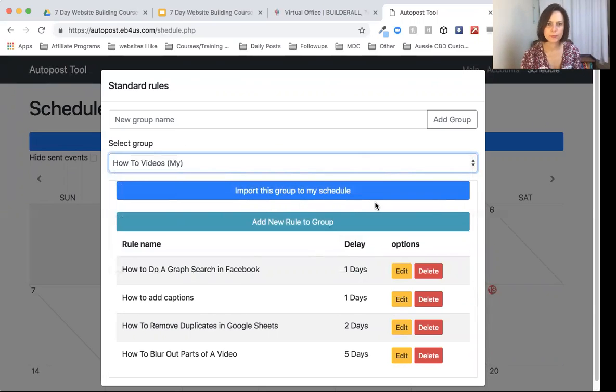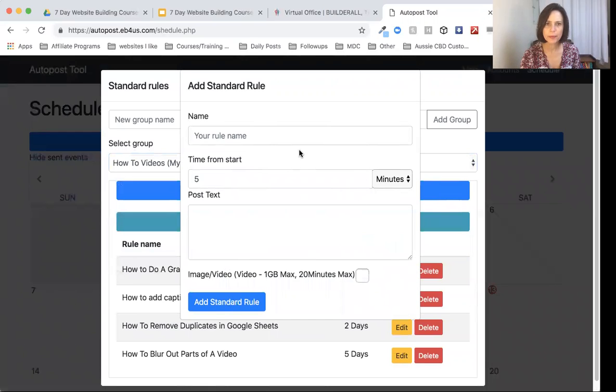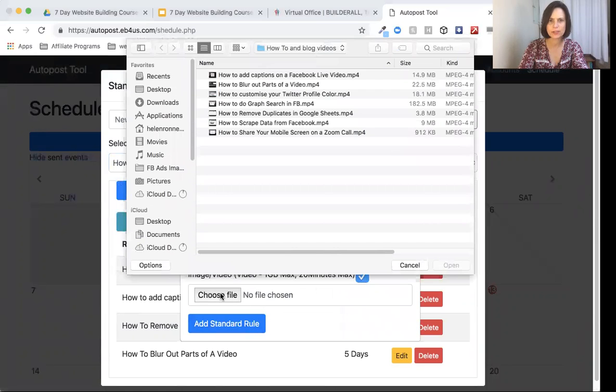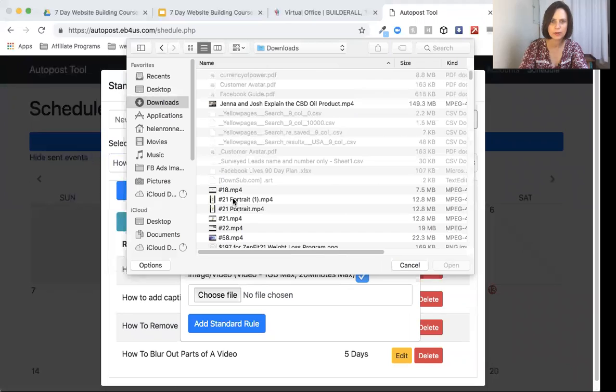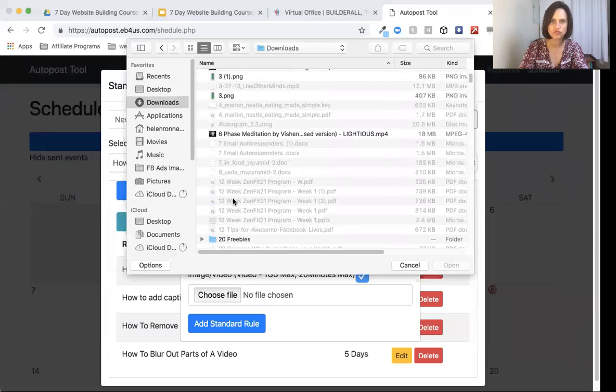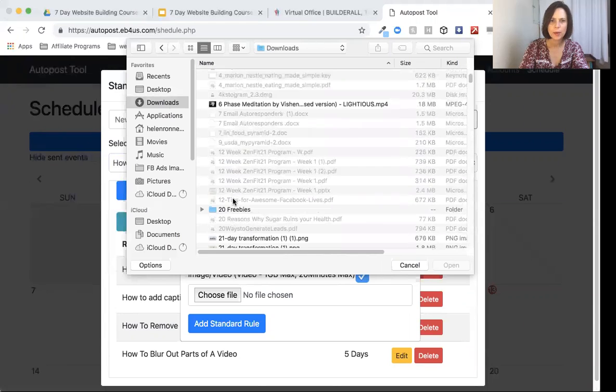So I want to space it out and mix it up for my viewers or the readers of my posts. So basically what you do is you add a new rule, and you put your rule name, whatever it is. Let me just see, because I want to choose a file. So I want to choose a video. So this is what I would do. I would then go into wherever, so these are all my how-to videos that I want to add. I might have, let me just see if I do have it. I can't really find it now, but